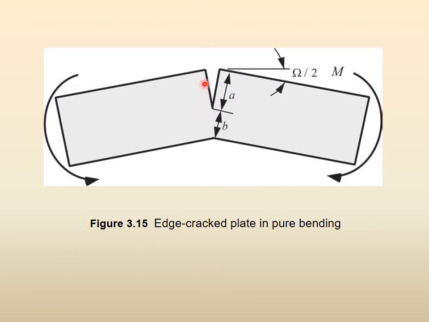And it is a single piece, a single crack. This is the crack size. This is the remaining size B. And they are measuring the bending moment, and they are saying that after the bend, this angle is omega by 2, because it is omega by 2 on both the sides. So the total bend angle is omega, right?